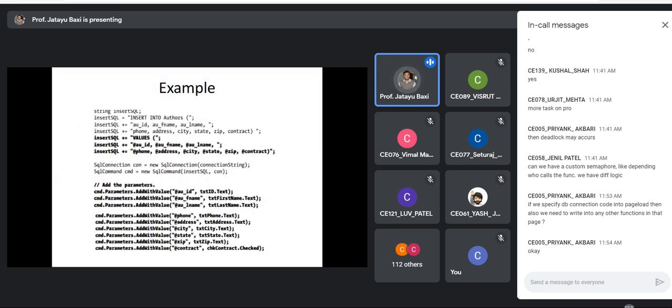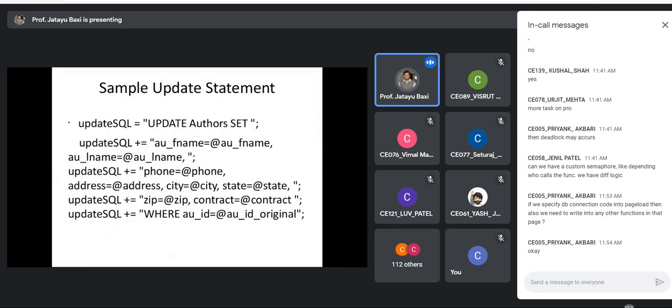Now the next statement is the update statement. In the update statement, everything remains the same, only the statement changes. I'm writing update SQL is equal to update authors set author first name is equal to author first name, last name is equal to last name, and all values, where author ID is equal to author ID original.